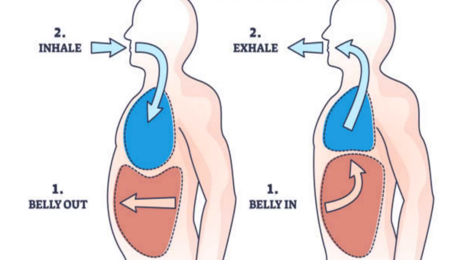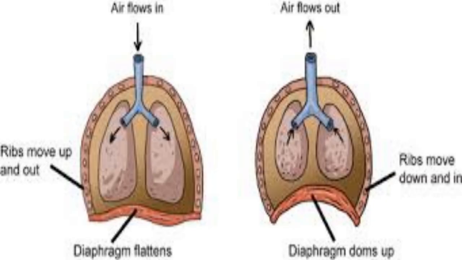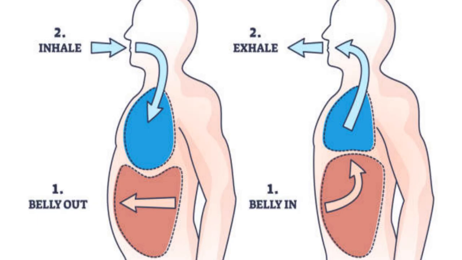Mechanism of breathing. Breathing has two phases controlled by the respiratory center, the medulla oblongata. First, inspiration or inhalation. The diaphragm and intercostal muscles contract. This increases the volume of thoracic cavity. As volume increases, air pressure inside the lung drops, so air rushes in from outside. Second, expiration